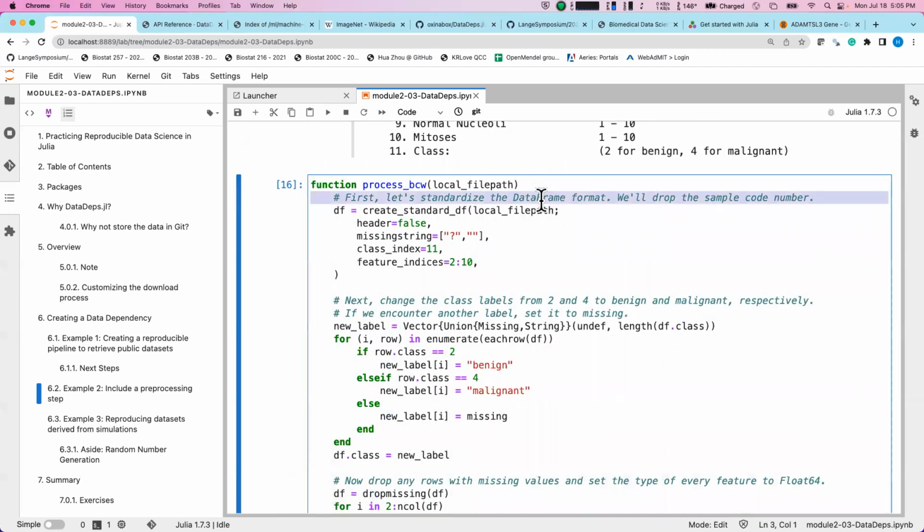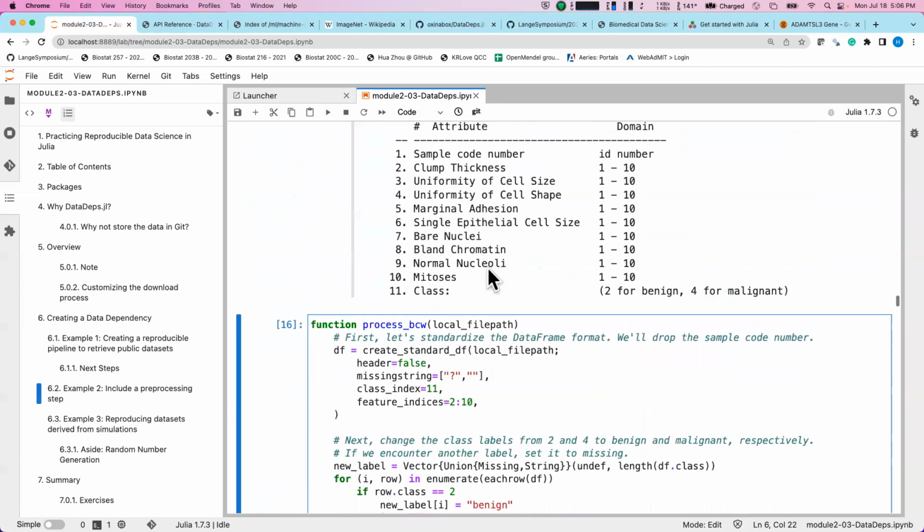So the first thing we'll do is apply that standardizing function to it. So we're going to give it that local file path. In this case, again, there isn't a header. And I know for a fact that there are missing entries in this data set. So I'm going to specify the missing string. When we run our function on this, we're going to basically drop any records that include a question mark or empty strings. Finally, the class labels occur on column 11, and the variables occur in columns 2 through 10. And you can verify this by looking at